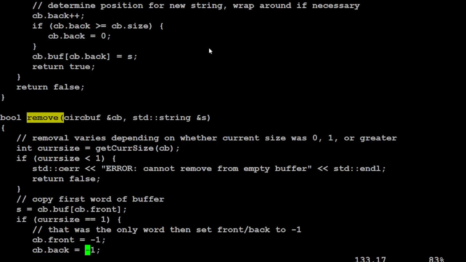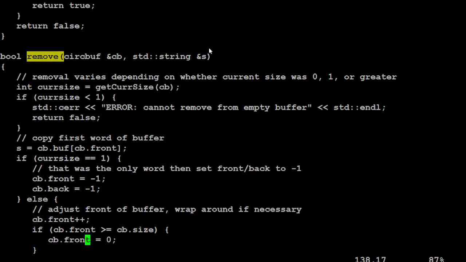And then remove is going to be just a similar idea, but working from the front. We'll go through, find out how many things are in there right now. If there's nothing in there, then we'll give them an error message: I can't remove from an empty buffer. Otherwise, we'll grab the front string,